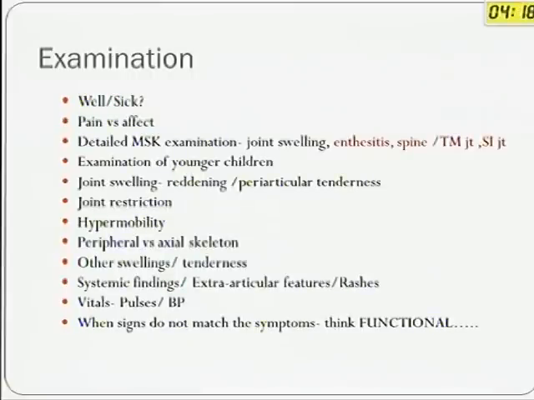Now, an examination, a detailed examination is important. Look at the child: well-looking child, sick-looking child, your DDs are different. And pain versus effect, that is to decide: the child says she has pain, do you think she has pain? There is often a difference in the physician's evaluation. Does the child have periarticular tenderness rather than restriction of the joint itself? This is particularly important in hematological malignancy, which can present to you as a monoarthritis. And hypermobility of the joints is important. This is a benign cause of joint pains, so the patient can just be reassured.